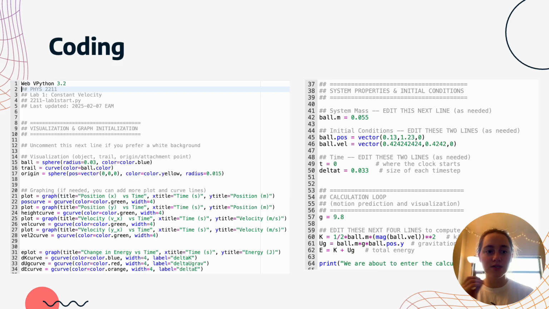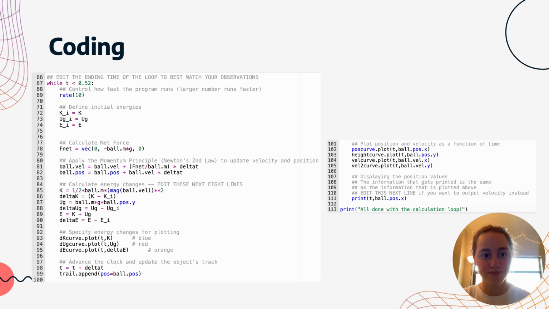What I did was combine Physics Lab 1 code and Lab 4 code. The first part is a lot of just the visualization and initialization steps. Notice the mass of the ball, the position, and the velocity. Those were gathered from Tracker. And then we set up lines to compute the kinetic and the potential energy, and the total energy is kinetic